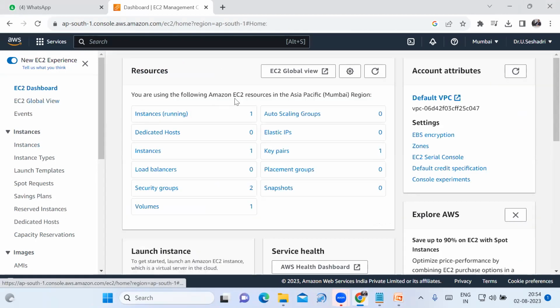Now, to see the EC2 dashboard, refresh this one. How many instances are running? 0. How many instances are there? It is not yet completely deleted in the Mumbai region. It is taking time, half an hour or 1 hour. Then that instance is completely terminated in the Mumbai region. And the key pair is there. For the key pair, you are not getting any bill. For the security group also, you are not getting any bill. If you want to delete the key pair,